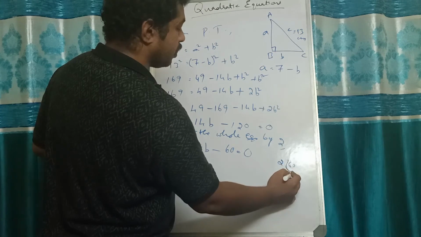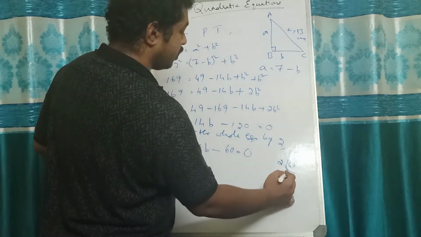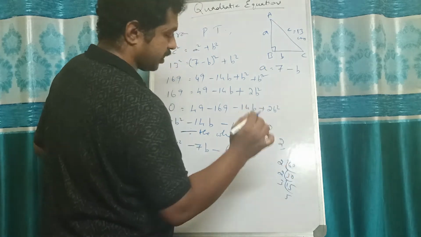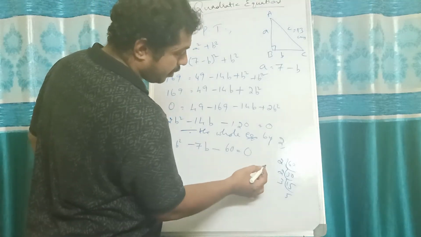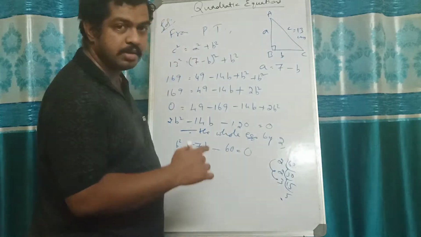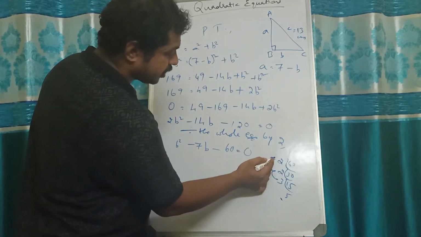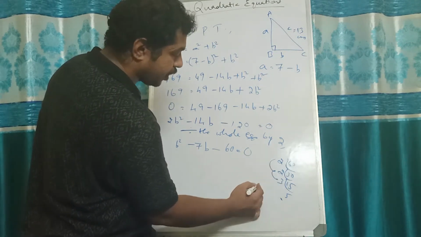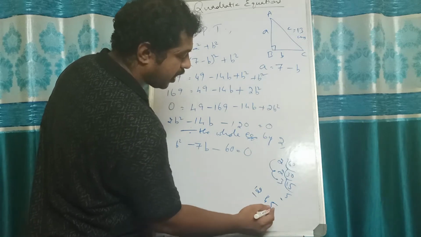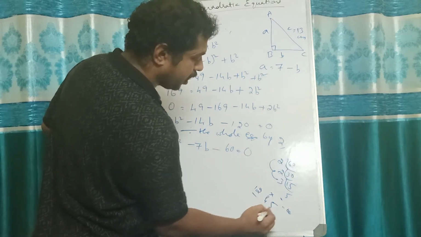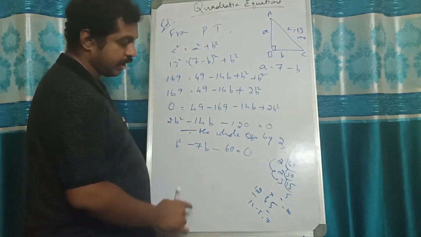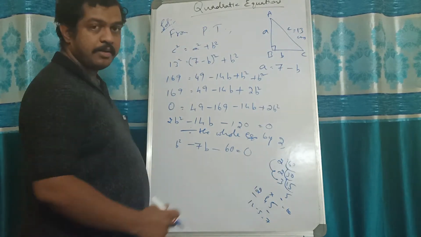2 into 30, and then again by 2, 15. Now by 3, it's 5. That's it. I will group these three numbers and keep this number separately. So 2 into 2 is 4, 4 into 3 is 12, and the 5. The product of 12 times 5 is 60, and 12 minus 5 will be 7. So 12 and 5 are the factors.